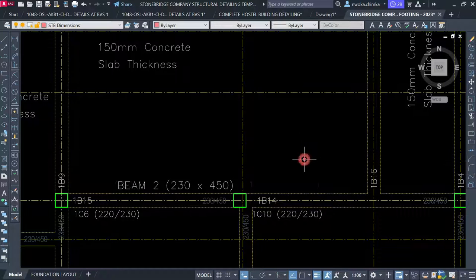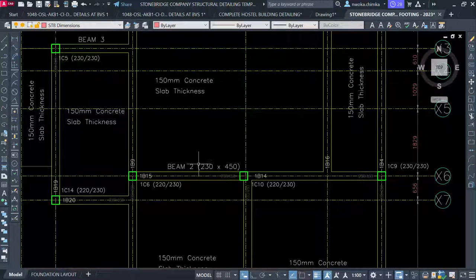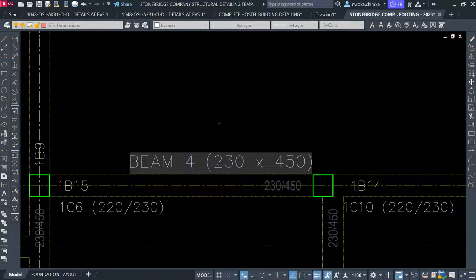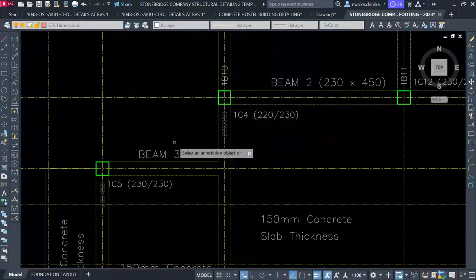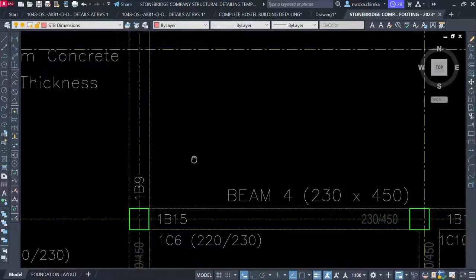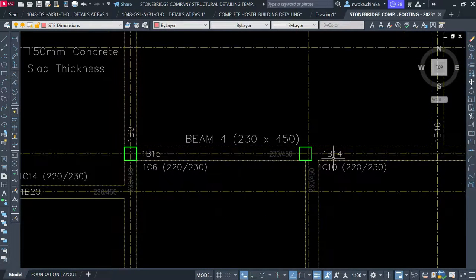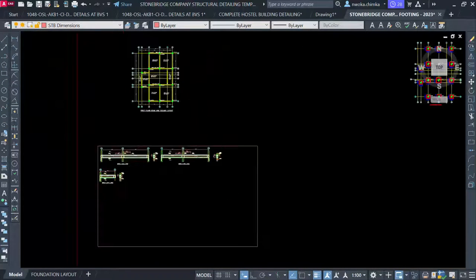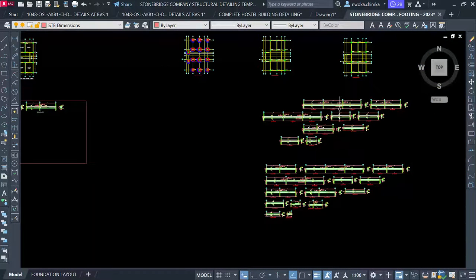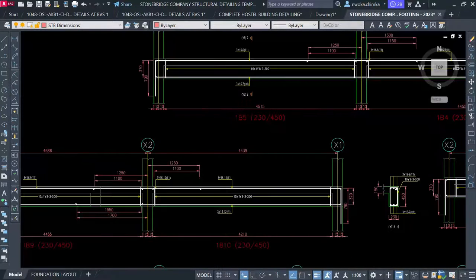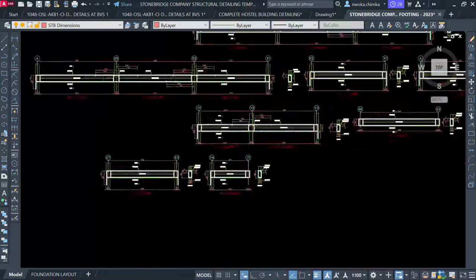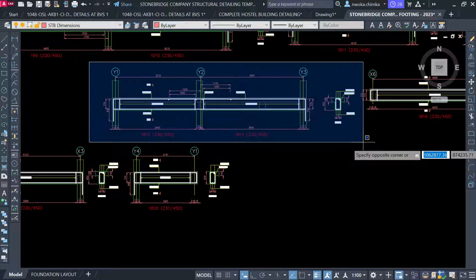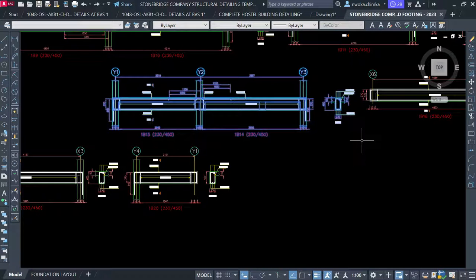Okay, that's fine. So I can now go again right now and click on this and go over here and make this beam 4, because our last beam here was beam 3, as you can see there. So I'm going to locate this beam test, which is beam 15, and beam 14 is now renamed to be beam 4. So I'll go and move that beam detail right now from the place where we have it here. Beam 15 and 14 should be moved from this place to where we're going to print out 15 and 48. Yes, this one. So I'll just highlight this one right now, and then move it, enter,